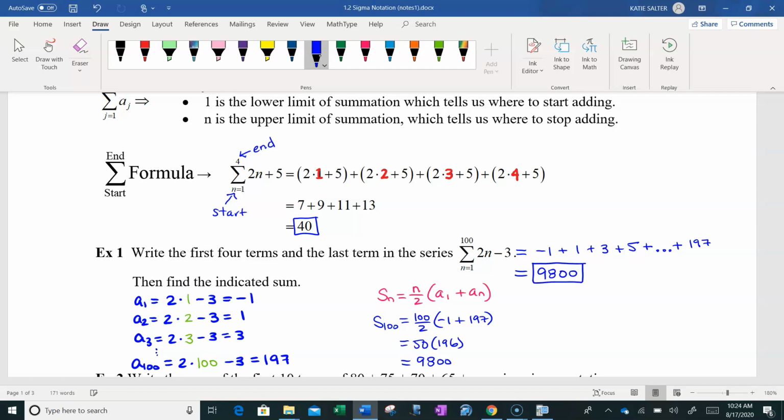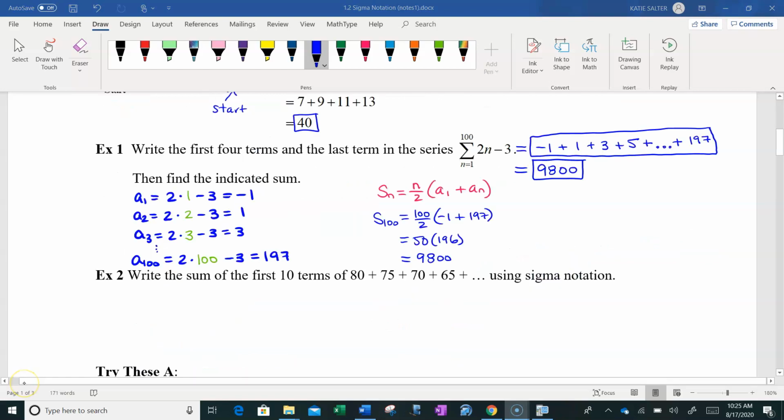So a lot of times with these problems, so they can see that you understand the process, it'll ask you to calculate the first couple of terms and the last term, and then actually find the sum. This part is going to be backwards. It says, write the sum of the first 10 terms of 80 plus 75 plus 70 plus 65 using sigma